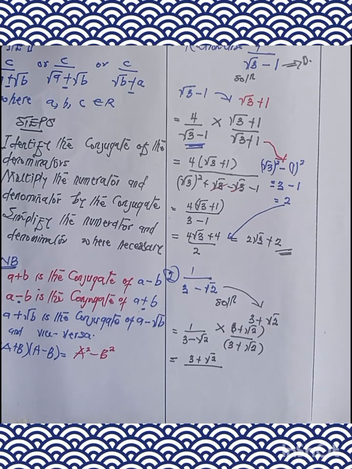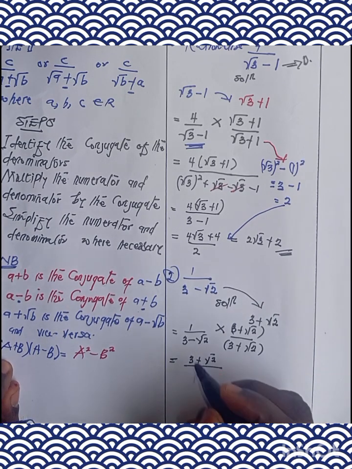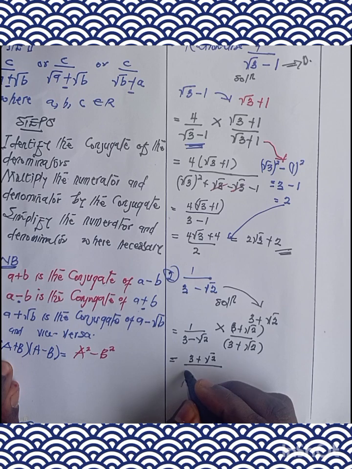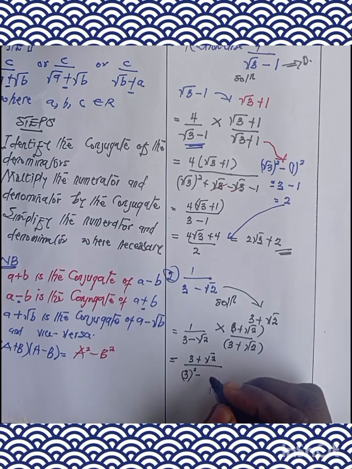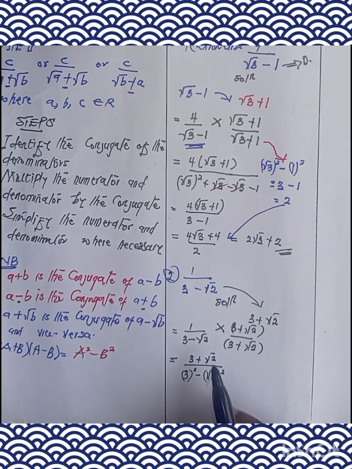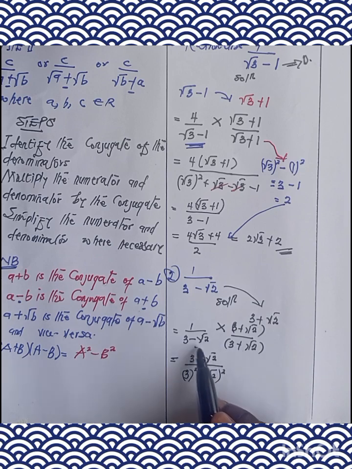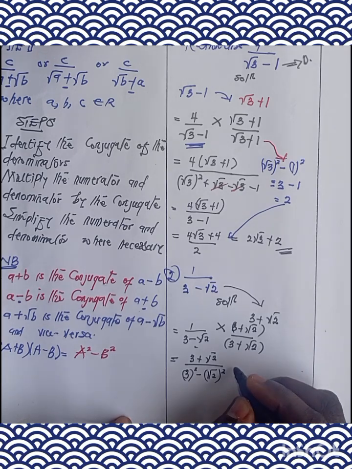So it means that we are just going to square the one with the negative operational sign. We square each of the term. So we are going to get 3 squared minus root of 2 all squared, which is this one, because we are having difference of 2 squares, minus plus, and the terms are also the same. So we are going to get